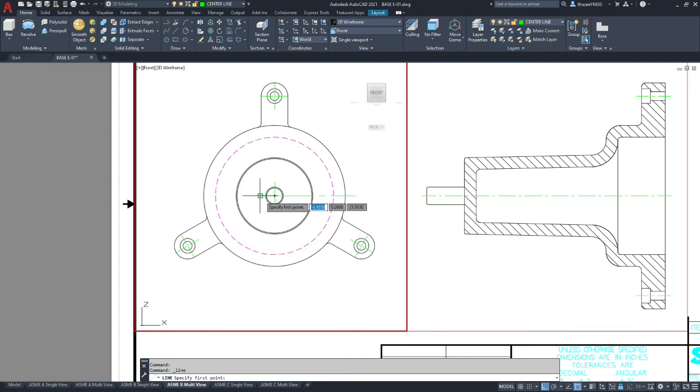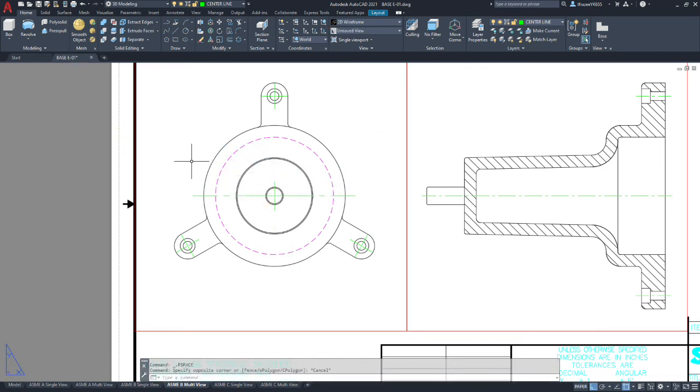I'm going to do another one to the left, and another one going down. And we're not going to have one going up because that's going to be a cutting plane line.